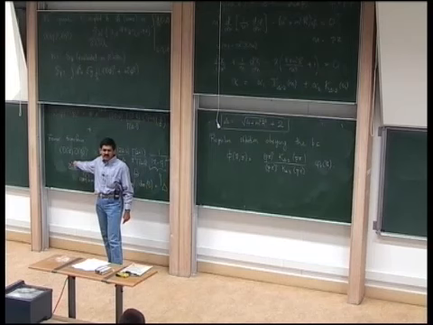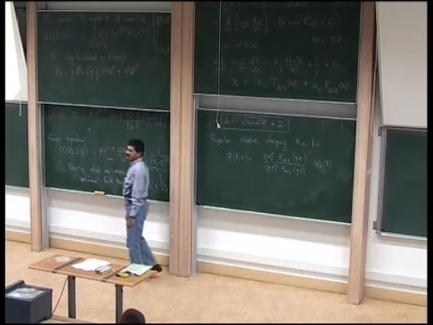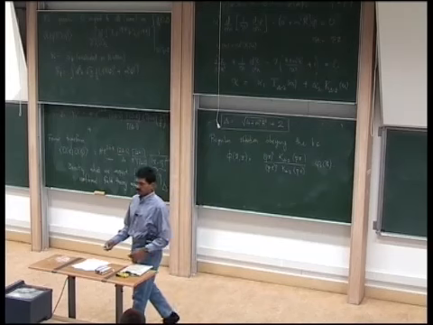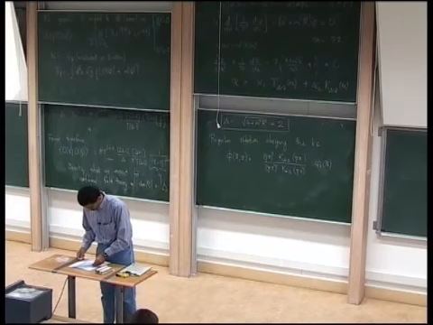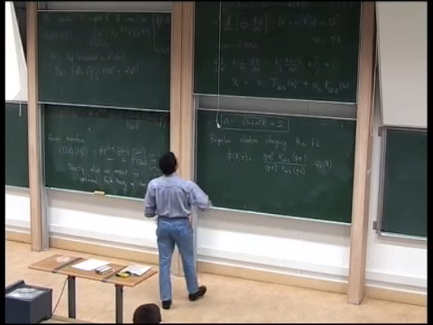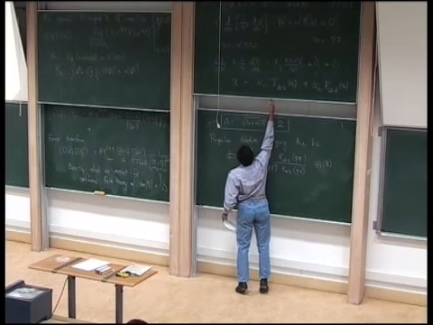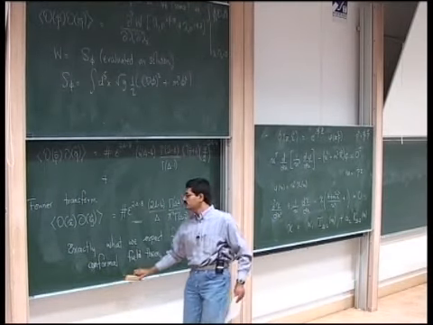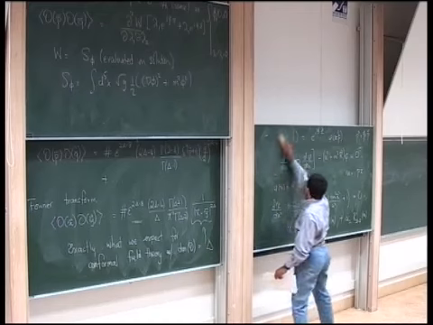So my regularized operator will have some powers of epsilon, and this, if you like, is my prescription for working with the cutoff theory. So at the end of the day, my 2-point function is just